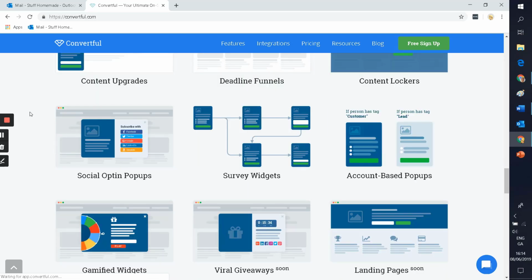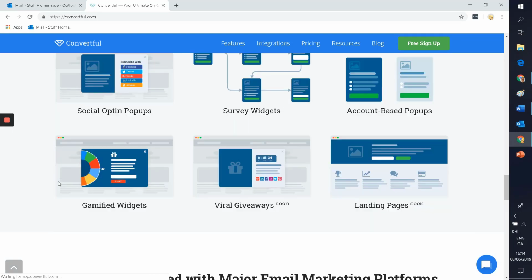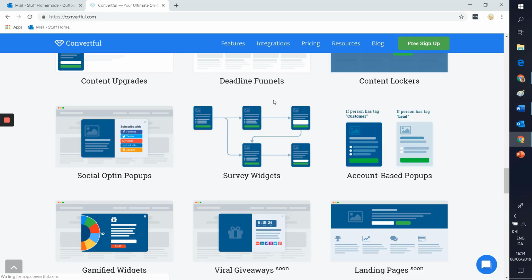You can also have a pop-up to ask people to share your content on social media. This is a recent addition to Convertful, and I really love it. It's a survey widget. It's going to automatically move people on question after question, and following their answer, they're going to move to another question, and that will help you to provide better help